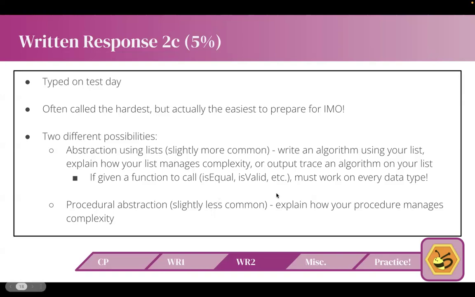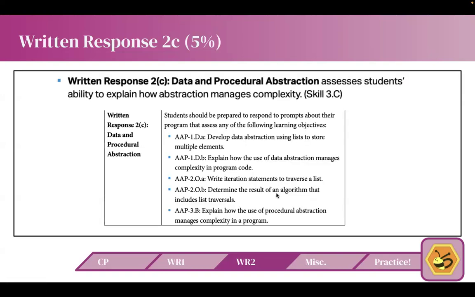Okay. So here's the list of what you could be asked, right? This is the list again of the learning objectives. So develop data abstraction using lists. That's what we just said, right? Explain how the use of data abstraction manages complexity. This is more specifically what we just did, right? We say because